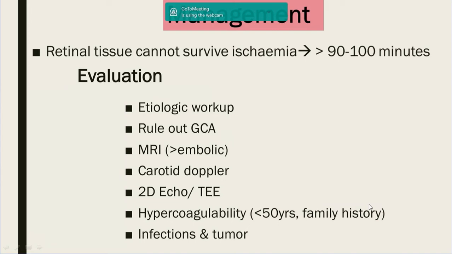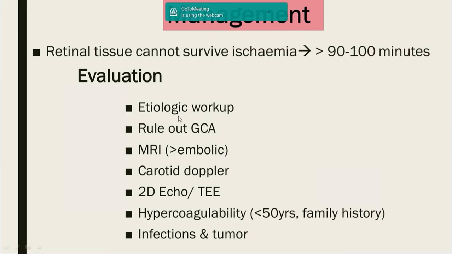And how you should evaluate, like I told you, the etiology of central retinal artery occlusion is quite systemic in nature. So you need to do a systemic workup thoroughly, and you should see the body in toto, because if the occlusion can occur in the retinal artery, it can occur anywhere else. It can occur in your arteries that are supplying your heart, or arteries that are supplying the brain, that might lead to stroke. So you need to be aware of that. It's not just a small artery that is being occluded in the eye. It can occur anywhere in the body. So you need to be aware of the etiology and you need to work up in that direction.